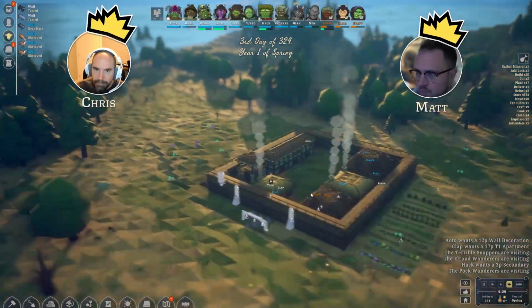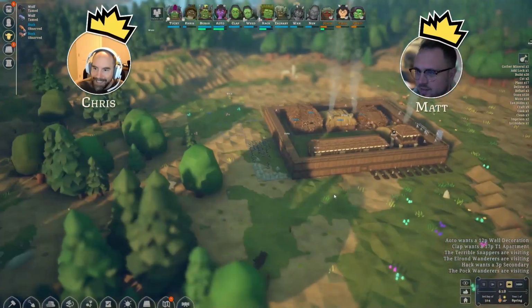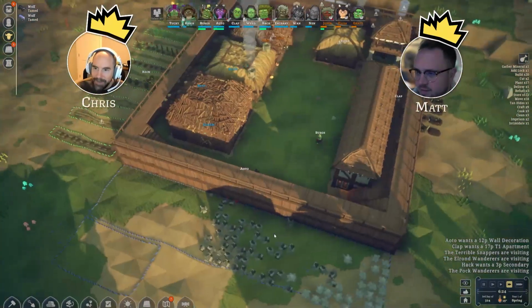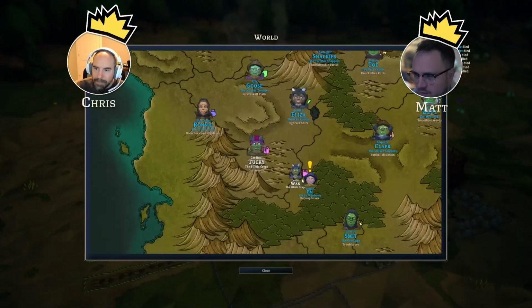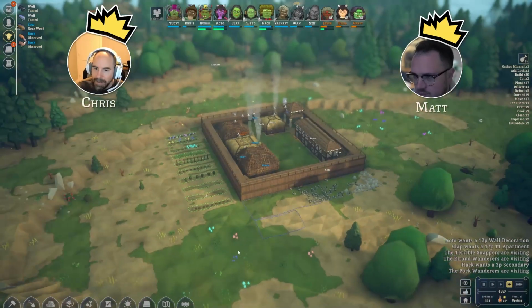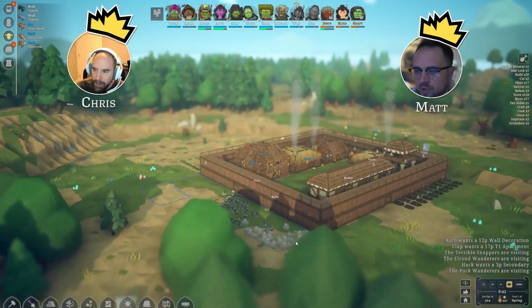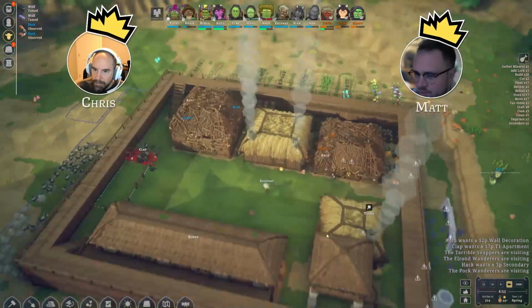Oh, it's spring. Time to put that farm to use. Let's see, how far did they make it? Yeah, they're getting pretty close. Yeah, they're well on their way. Oh, I want to show off a desert biome before we go. I don't know if that's possible, but